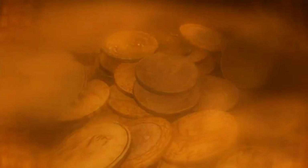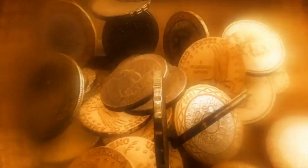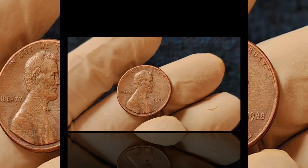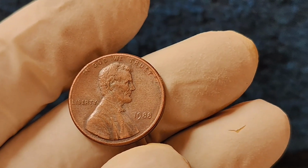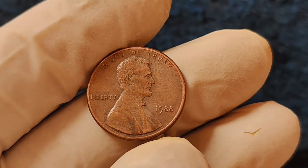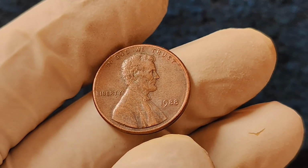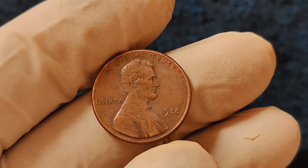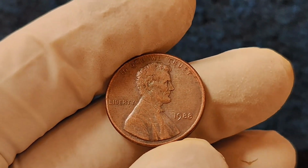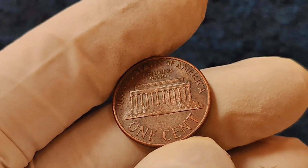What if I told you that a simple penny from 1988 could be worth up to $40 million? That's right. A coin that most people overlook could be a life-changing fortune in your pocket. Today, we are going to dive deep into the fascinating world of the 1988 Lincoln penny, explore its history, the rare mint marks, valuable errors, and how collectors are paying top dollar for the right coin. Make sure to watch this video until the end because you could be holding on to one of the rarest